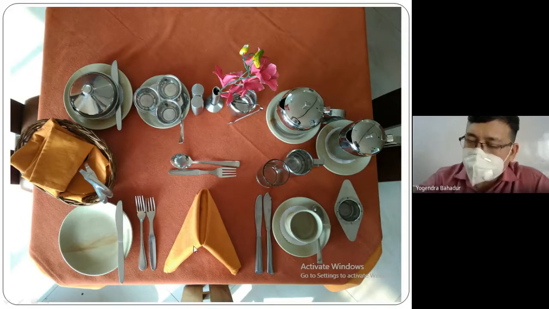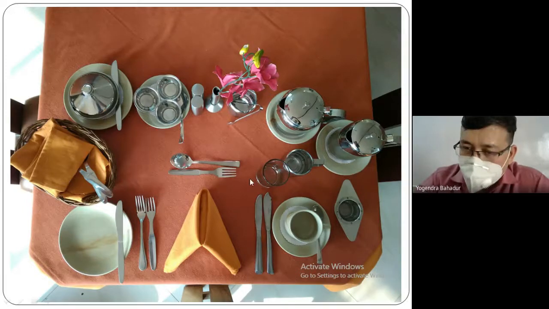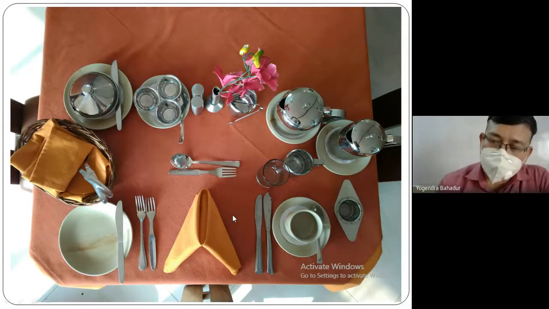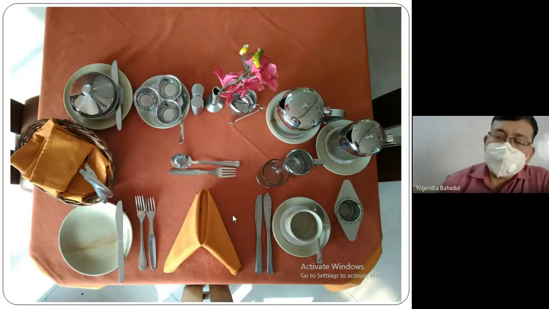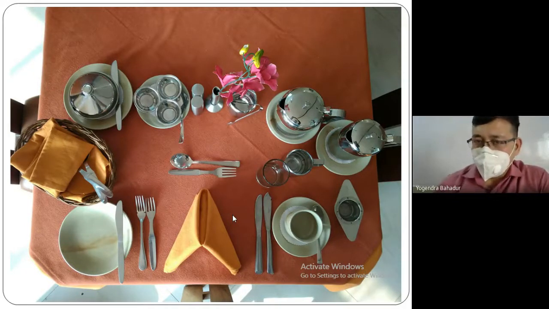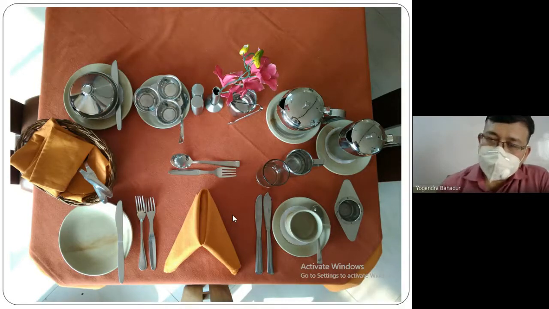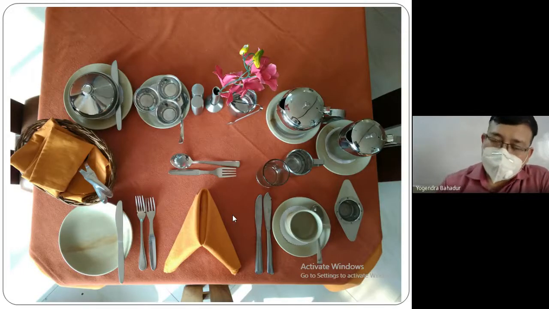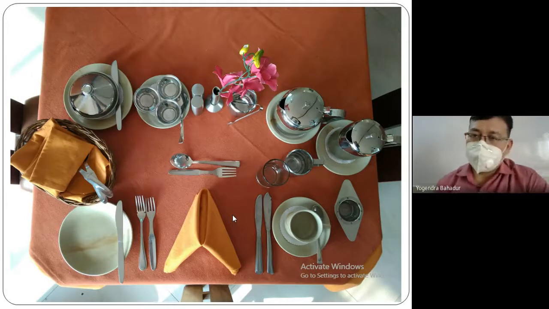So: fish knife, fish fork, AP knife, AP fork. At the center, we have the serviette. On the top of the cover, we find the dessert spoon and dessert fork. And on the left hand side, we find the side plate with the side knife. So this is all about the English breakfast cover. In your exam, or if this question comes in the form of a viva, you should be in a position to answer all these things: where we place, why we place, in what format we place, and what all the mise-en-place we have to carry.